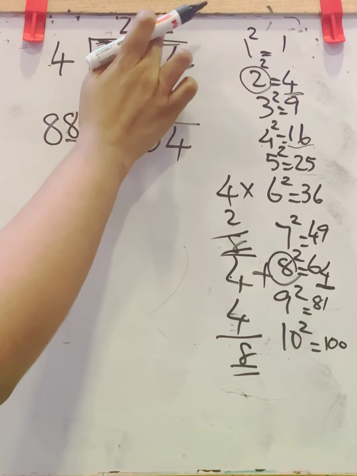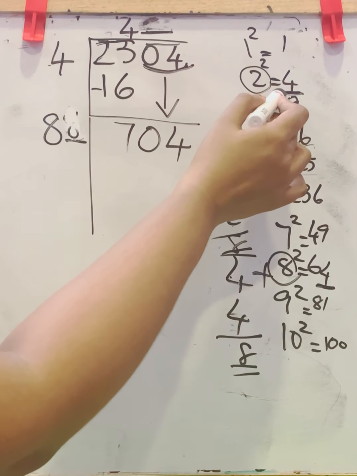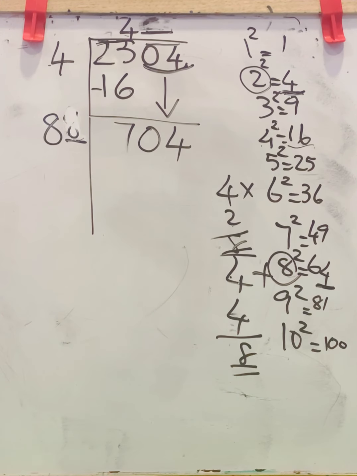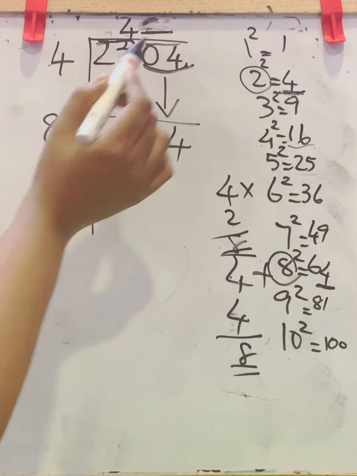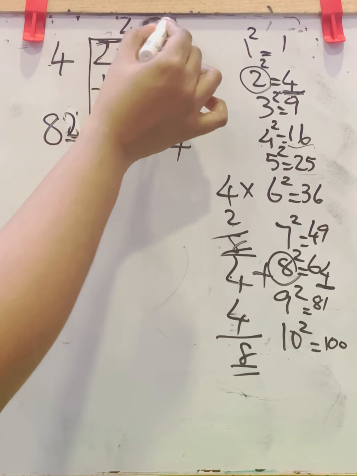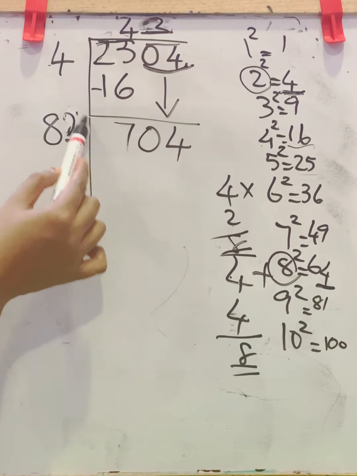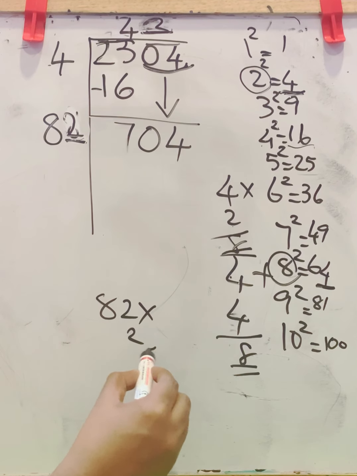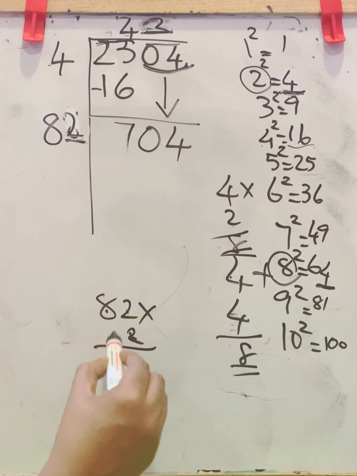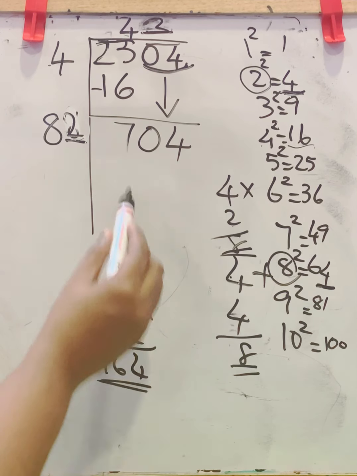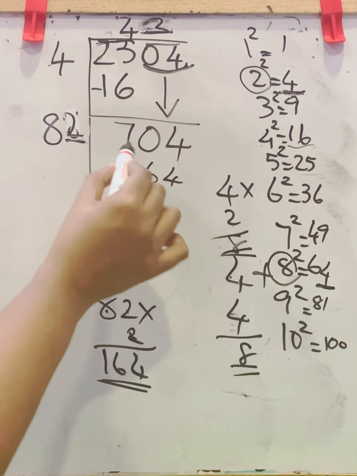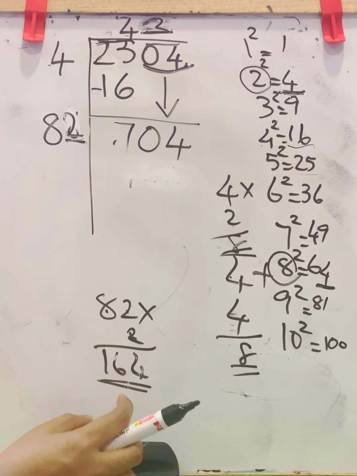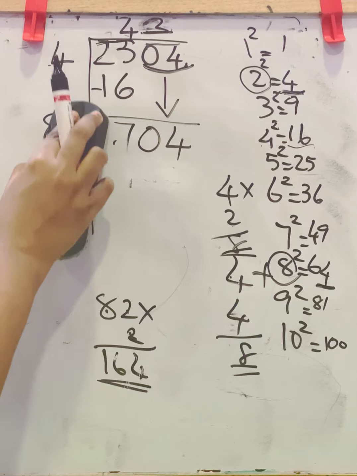But only thing is that whatever number you write here, you have to write here also. So first we will try with 2 because its square number ends with digit 4. Here also the square number ends with digit 4. So we are considering this square root 2. 82 into 2. Now you have to consider this 82 and this 2. Multiply it. 82 into 2. 2 2s are 4. 8 2s are 16. 164. No, it is not the number we need. Because we need here 704. So we will erase this.